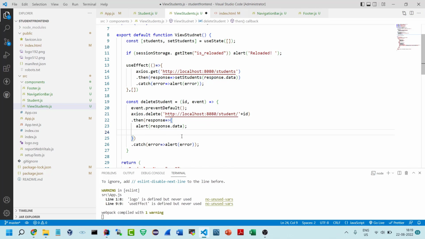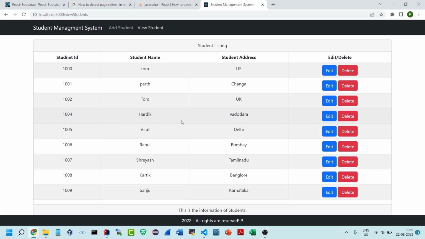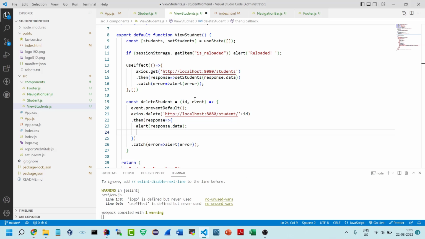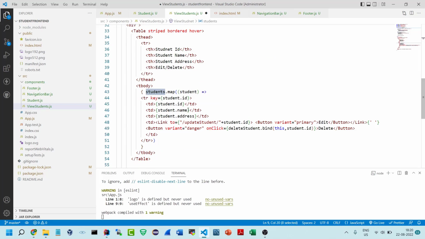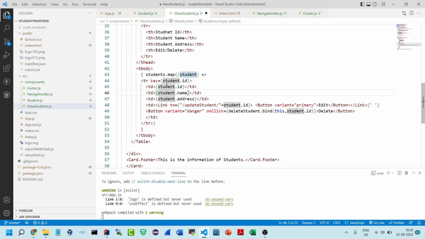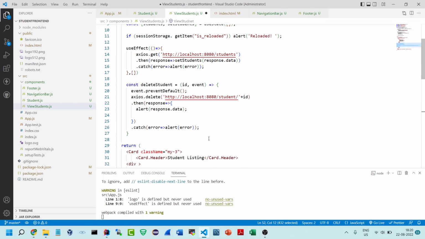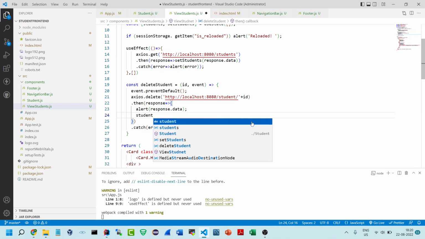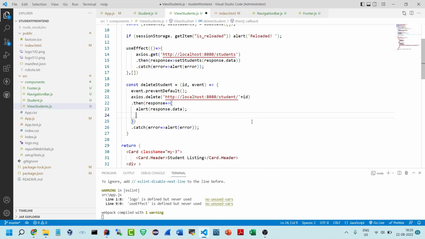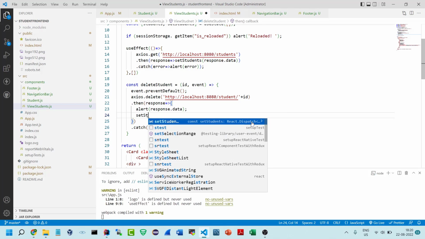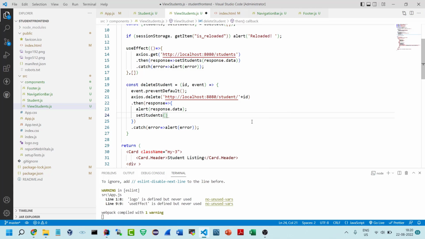I will try to refresh the list which is displayed over here. If you can recall, this particular list is coming from the array called students. This is what we have to refresh, because this students array is bound to the table. So that is what we are going to refresh. Here, as I'm going to set the students state variable, I write setStudents, and inside that I'll be writing